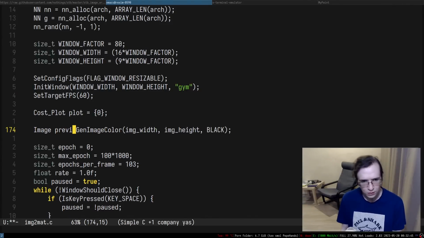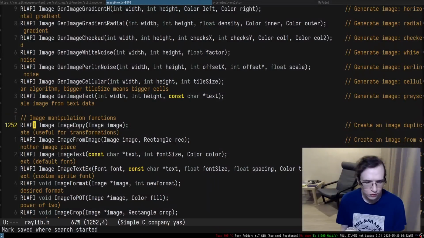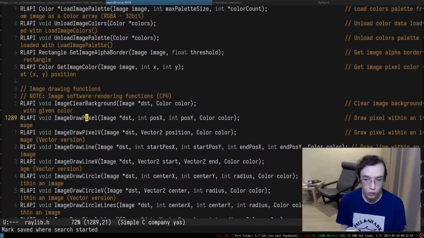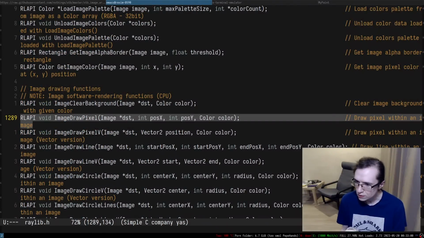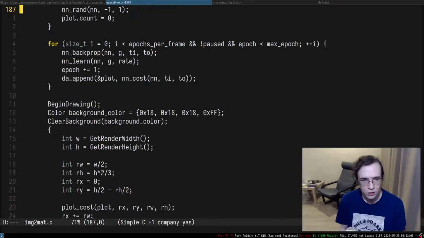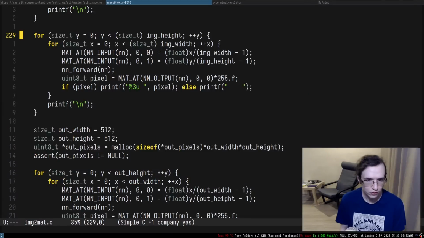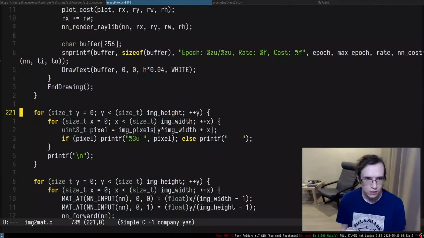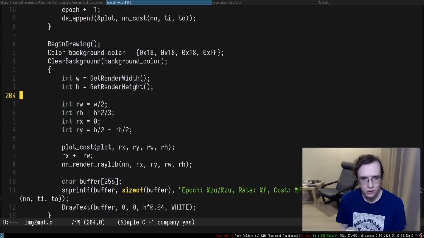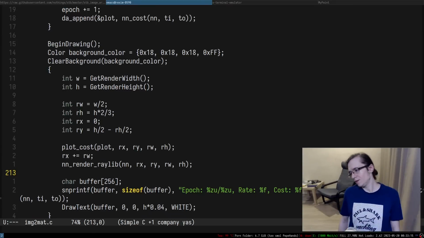So preview image, right? This is a preview image, so that's what we get. So how can I, is there something like put draw? Oh, okay, so you can draw a pixel. So that means that on each of these things, here we are rendering this thing. So we actually need to